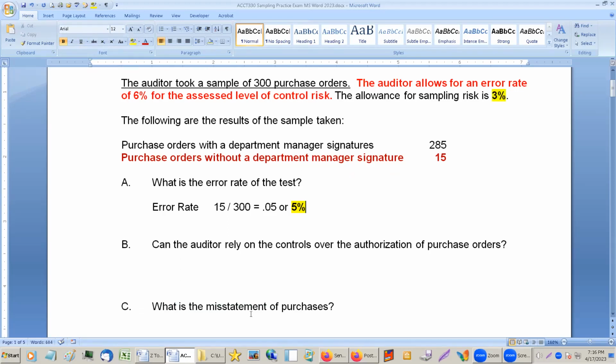Okay, so can the auditor rely on the controls? We have an error rate of 5%. But it's kind of like that bell curve thing. Here's 5%, here's what our sample said it was, but it's going to be plus 3 and minus 3. So we want to know what the upper limit on that is. What's the worst it could be? So we're going to add it to it and say, okay, 5 plus the allowance, which is